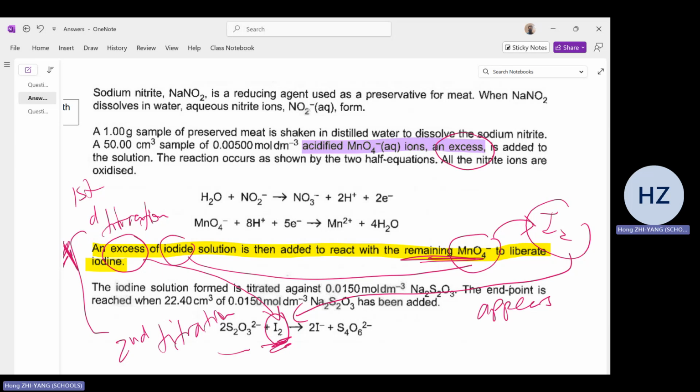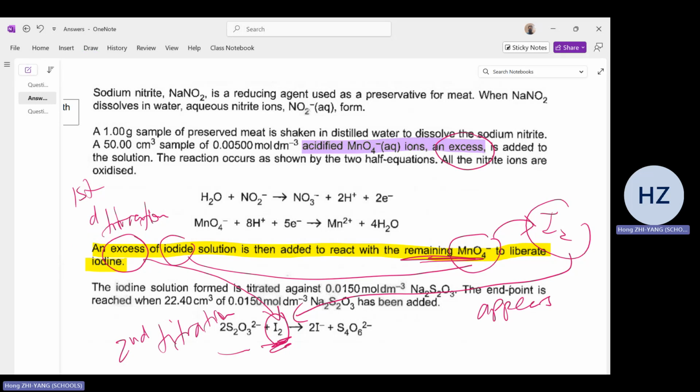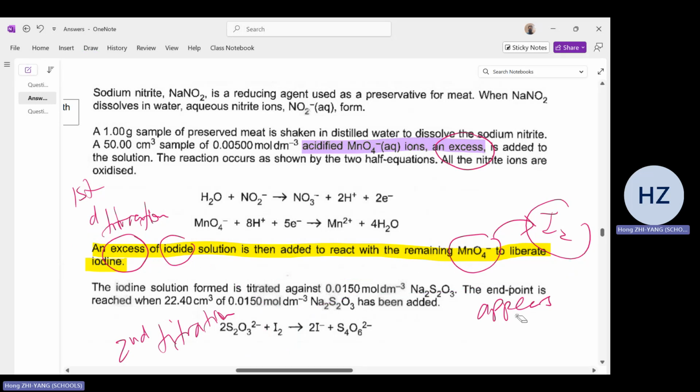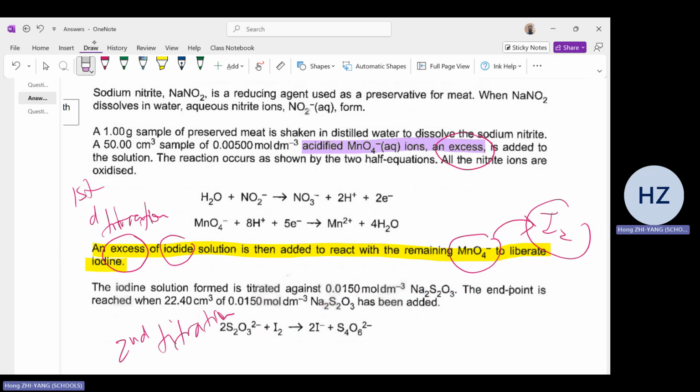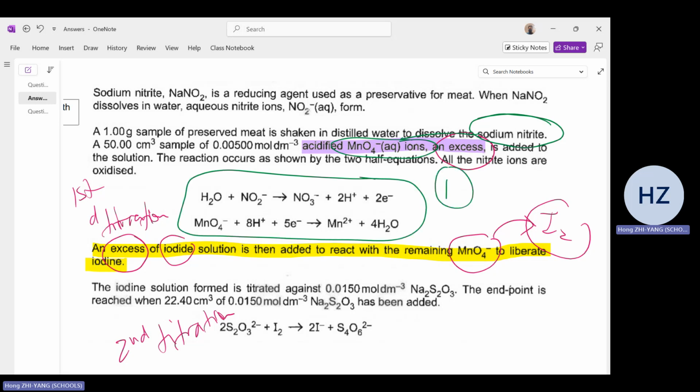What are the 3 reactions? Maybe let's have a clear idea. Maybe I've drawn too much already. Let me help you out one more time. The first reaction is sodium nitrite and manganate, which is this one. This is the very first one. The second reaction is,